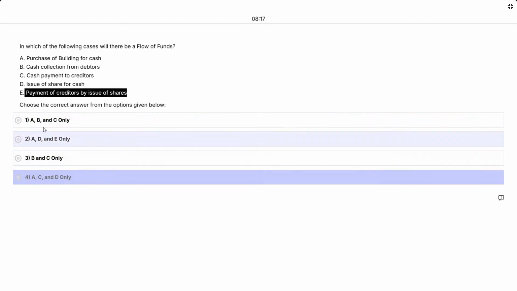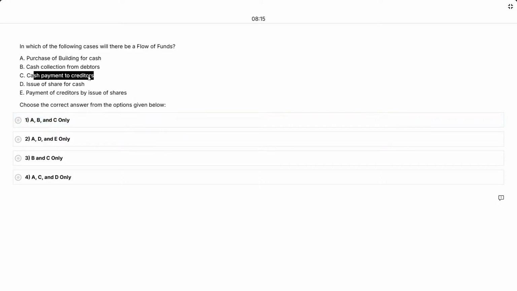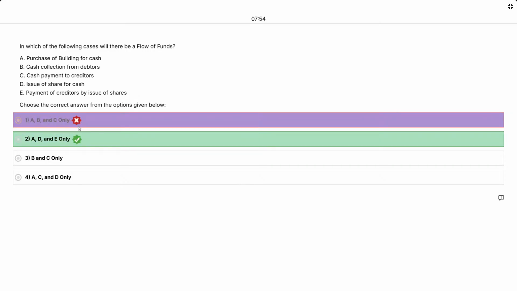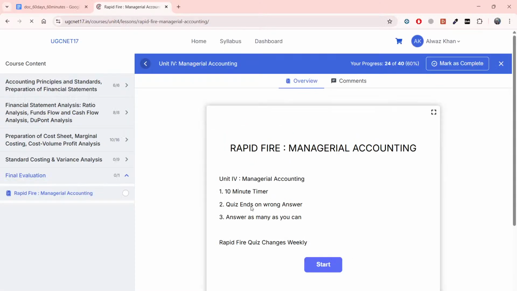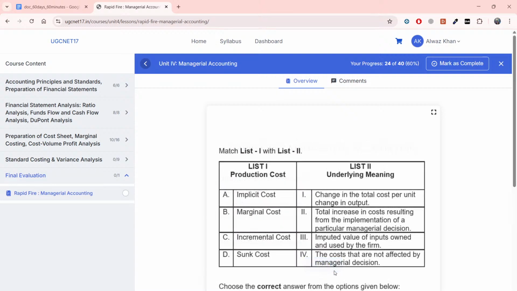ए बी सी या ए सी डी, बी या सी में से। कैश पेमेंट टू क्रेडिटर्स, कैश कलेक्शन फ्रॉम डेटर्स, ए बी सी दोनों है। इश्यू ऑफ शेयर फॉर कैश, टेक्निकली कैश बढ़ाएगा, बट वर्किंग कैपिटल बोल नहीं सकते, वर्किंग कैपिटल इज डिफरेंट, जो कैश तुम्हारे पास है। सो वी विल गो विथ ए बी सी, आई बिलीव सो, ए डी ई। बी नहीं था, कैश कलेक्शन फ्रॉम क्रेडिटर्स, हमें ये देखना पड़ेगा वापस से, ये तो ठीक है, इट्स ओके, वी हैव टू स्टडी मोर, दैट मीन्स